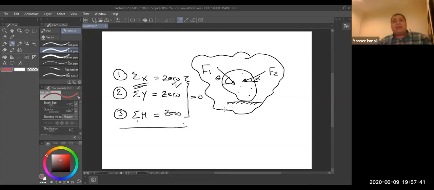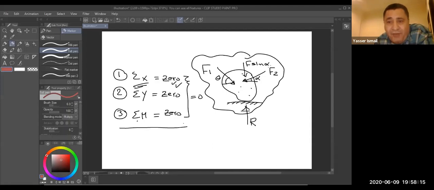But how does it come? For sure, 100%. If I have forces F1 and F2 exposed to this body, that means there is a reaction here. 100%. We call it R, reaction. For every action, there is a reaction. F1 and F2 are the action, so R is the reaction. So the first equation should be what? Let us see.